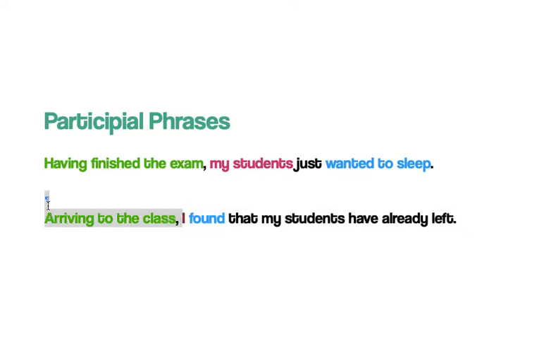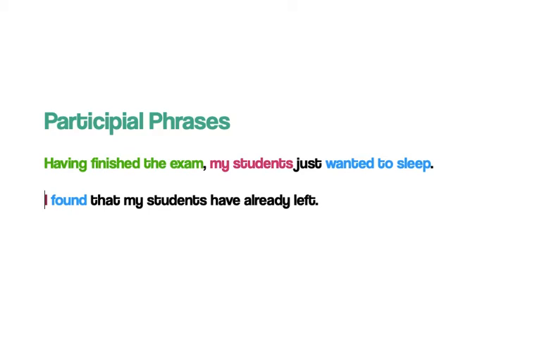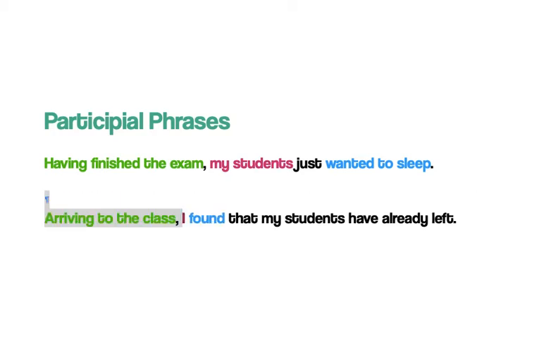For example, I say, I found that my students have already left, right? It means that something happened and the teacher saw that the students were not there, right? So if I add this, arriving to class, I create a picture in your mind of a teacher walking to a class and finding out that the students were not in there, right? So this adds an extra description to your imagination for you to understand the context. This is an adjective. So it's something that is modifying the idea in your mind for you to understand the situation,